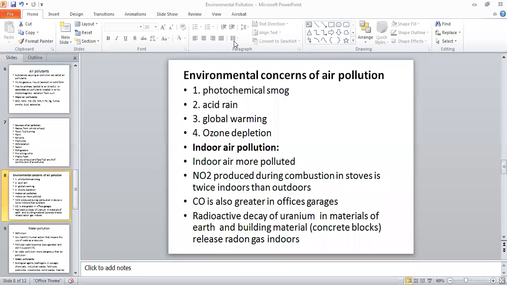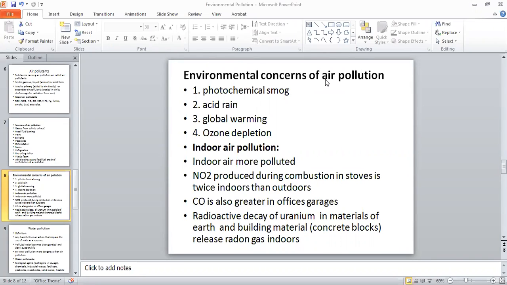Then the vegetation of the forest will be destroyed. Agricultural yield will be reduced. They will damage our marble and limestone monuments and buildings. ठीक है. जो हम sculptures बनाते हैं, different monuments बनाए होते हैं, या marble की जो हमारी buildings हैं, ये उसको corrode करेंगे, destroy करेंगे. And they will also cause lung and colon cancer in humans. So these are all the different effects which this acid rain will have on humans.